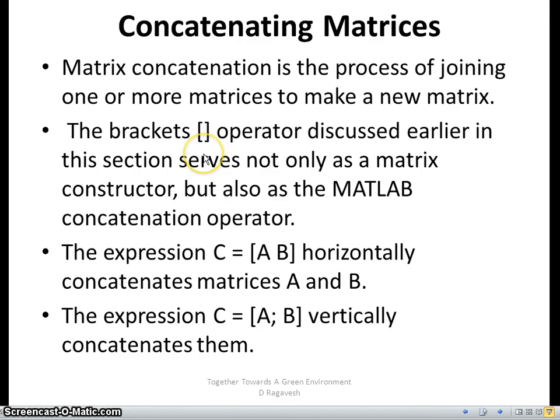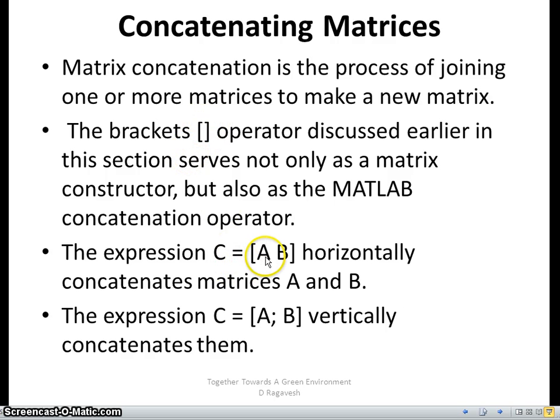The next topic I am going to discuss is concatenating matrices. That means you have 2 matrices and you want to merge both of them together. Then you have to use a bracket operator again. As you noticed, to create a matrix we use square brackets. Again, to merge the matrices we use brackets.